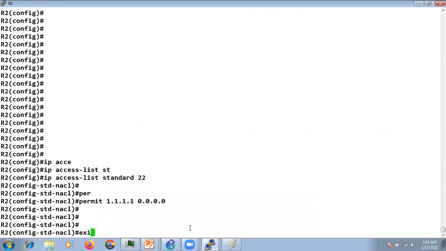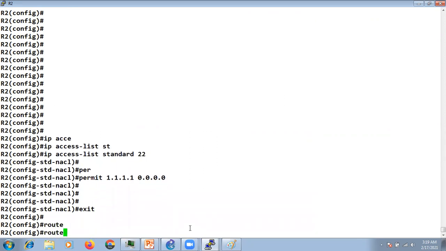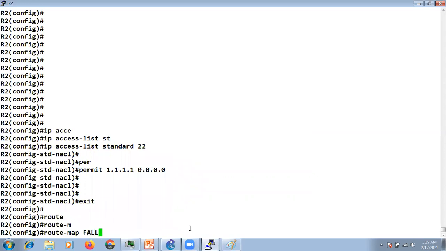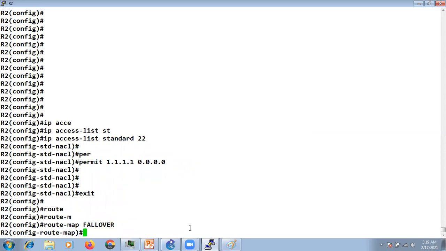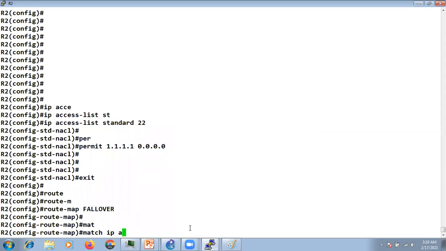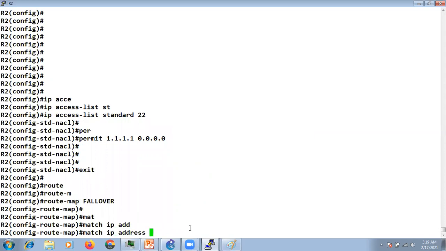Then I will create a route map, let's say with the name follower. I will match this access list in my route map, so my access list number is this one, 22.